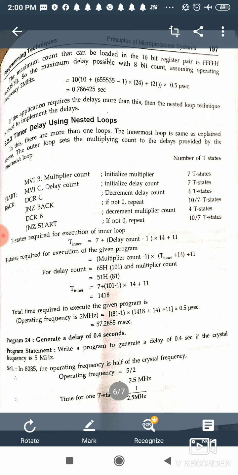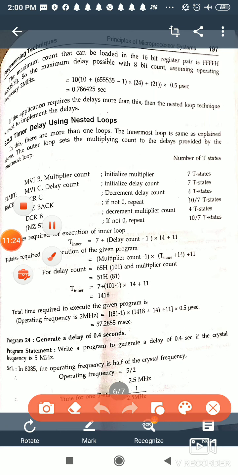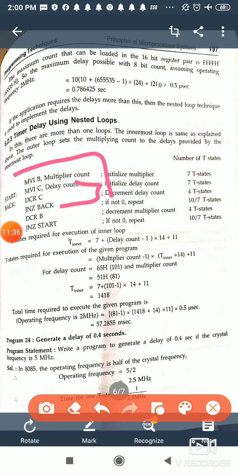We take a multiplier count and then a delay count, and in between, this C is the simple 8-bit counter that we have already done in the first type. After that we have an outer loop that is also an 8-bit counter.